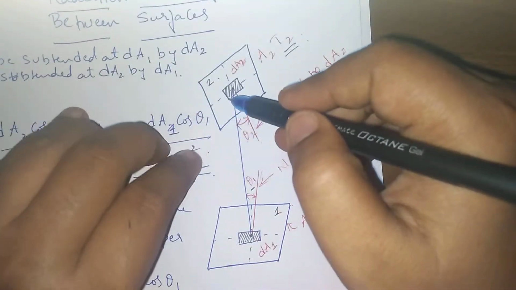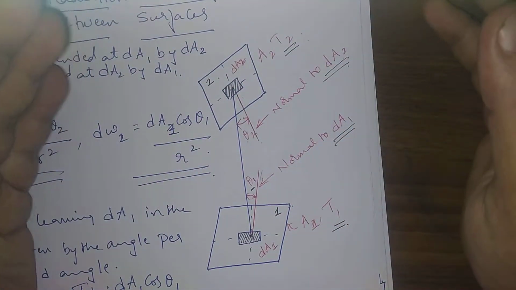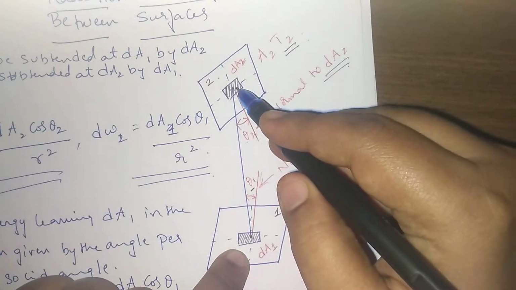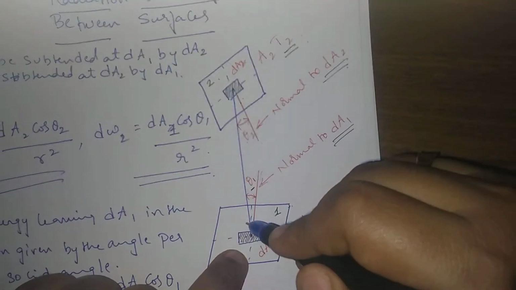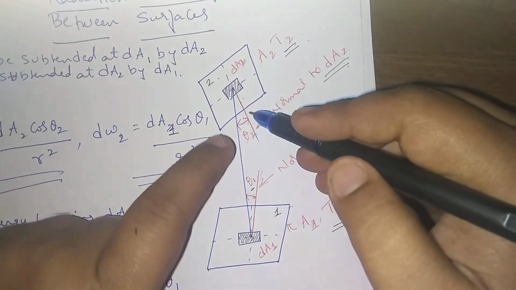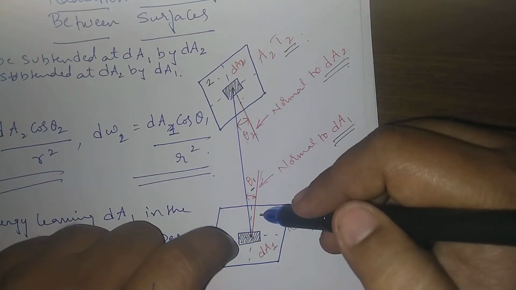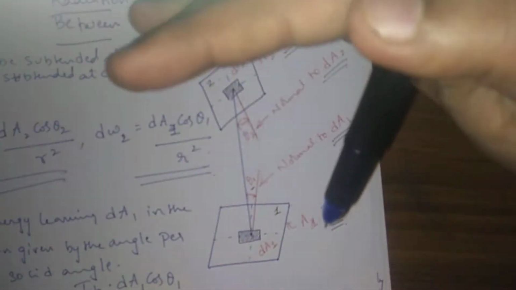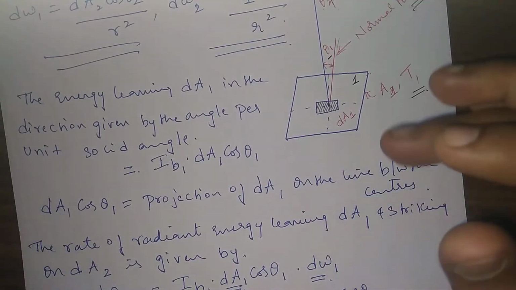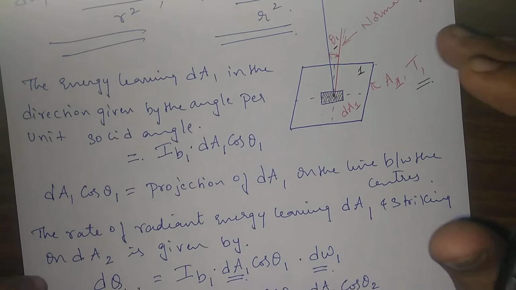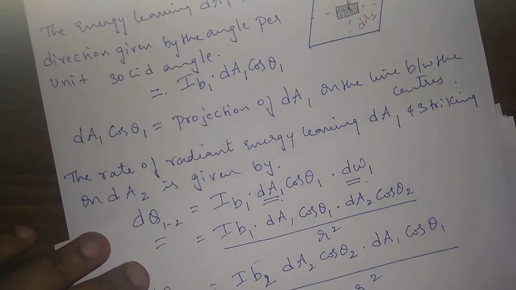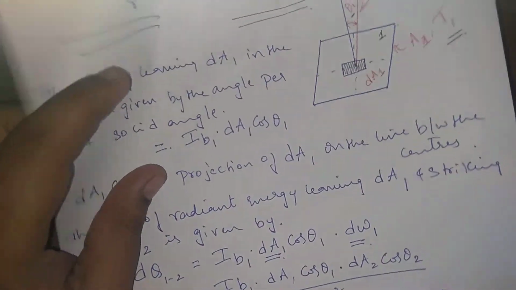Similarly in this also, from dA2 also. So basically what is the solid angle telling us? If you sit here and see this body, you cannot see the entire body, right? You are seeing only a part of that body. Similarly, if you sit here and see this dA2, the entire view of the body cannot be seen. So basically it is the orientation which matters in the radiation, and that is defined by the solid angle. Now we will write. Please consider this. Please don't forget this.